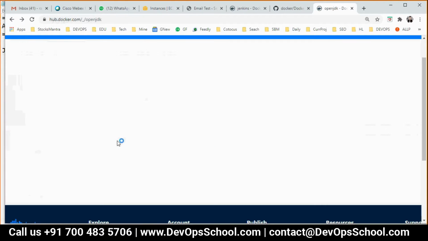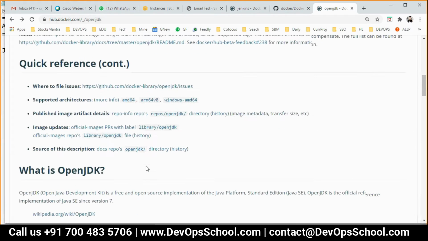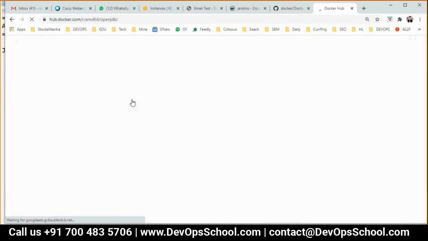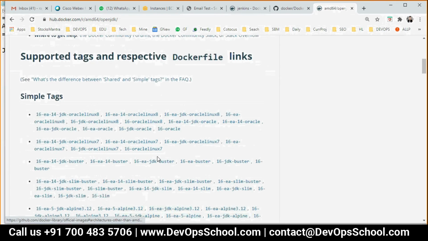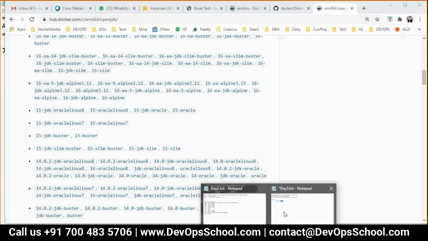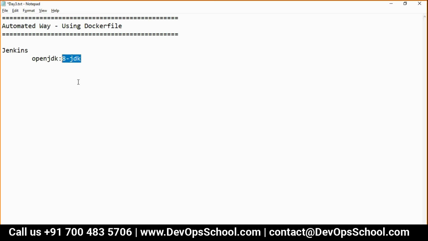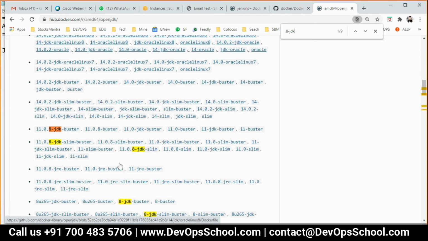I clicked on the wrong thing. And you see here, I have to search actually. There are so many images and different variants. You know that it's very difficult to search.